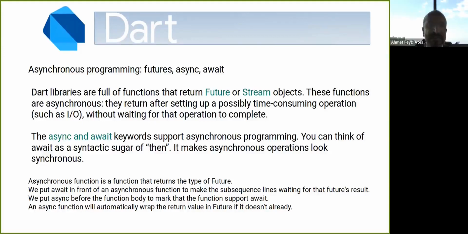That has asynchronous programming features like futures, async and await, and is full of functions that return future or stream objects, future for single items, stream for many items. And async and await keywords also support asynchronous programming internally from scratch.